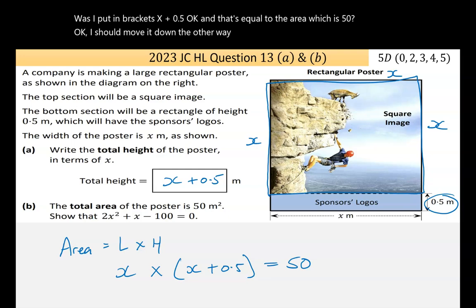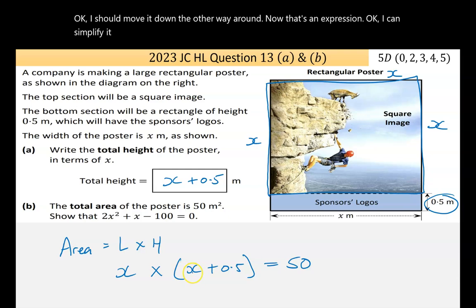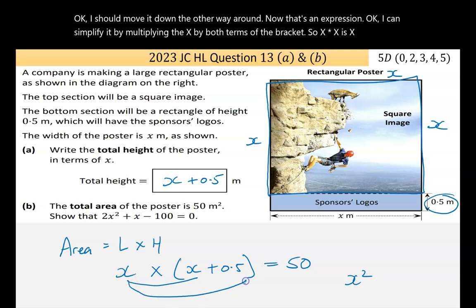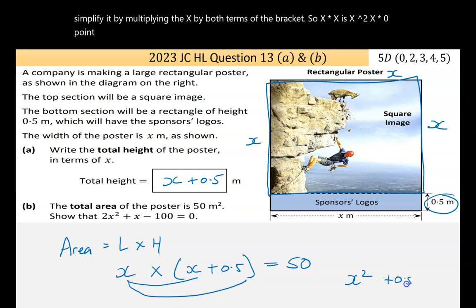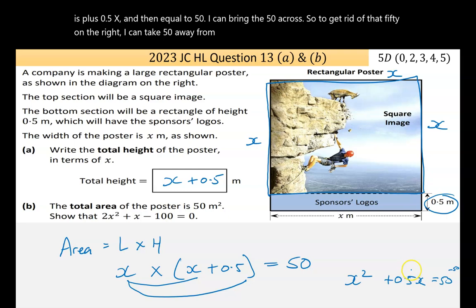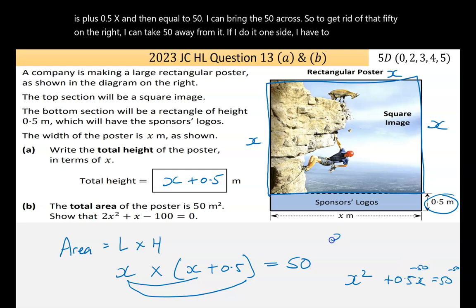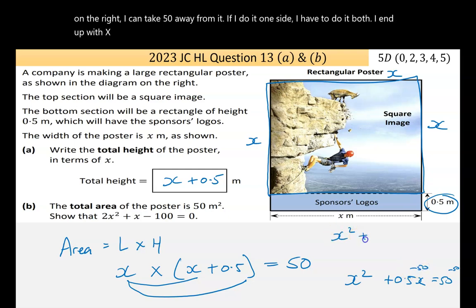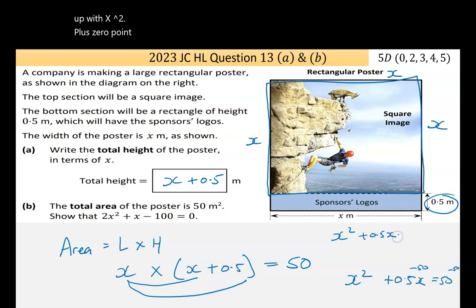Now that's an expression. Okay, I can simplify it by multiplying the x by both terms of the bracket. So x times x is x squared. X times 0.5 is plus 0.5x. And then equal to 50. Now I can bring the 50 across. So to get rid of that 50 on the right, I can take 50 away from it. If I do it one side, I have to do it both. And I'm going to end up with x squared plus 0.5x minus 50 is equal to 50 minus 50 is